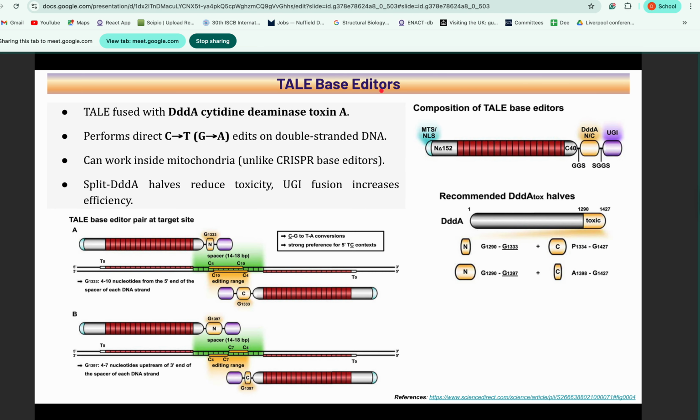Then these TALEs can also act as the base editors. Now, if they are fused with the DddA, cytidine deaminase toxin A, this performs direct C to T or G to A edits on the double-stranded DNA. So that is what we are doing here. This can also act as base editors. That means we can change the nucleotide bases, so either from C to T or from G to A on the double-stranded DNA, and it can work inside